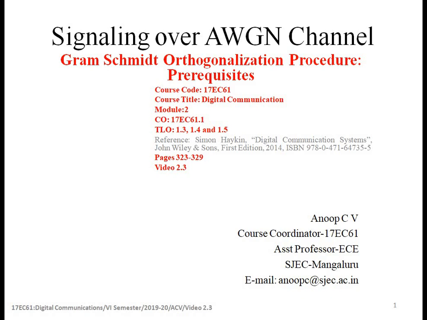In this video, that is video 2.3, we'll be discussing some of the basic prerequisites of the Gram-Schmidt orthogonalization procedure. The Gram-Schmidt orthogonalization procedure is the process by which we can derive an orthonormal set of basis functions from a set of given M finite energy signals. We have seen that if we have the basis functions and the coefficients, using a synthesis equation we can always obtain